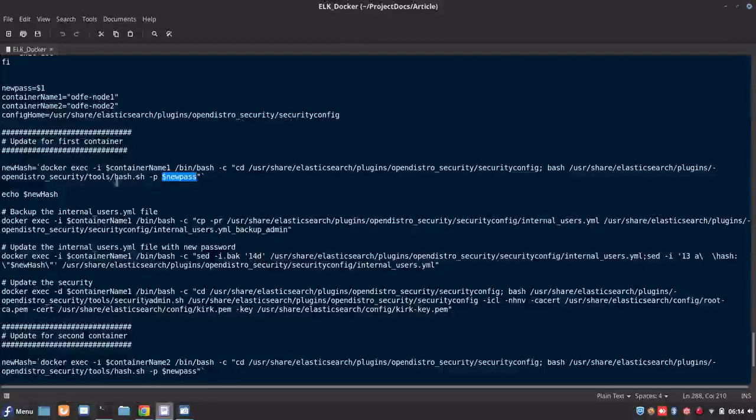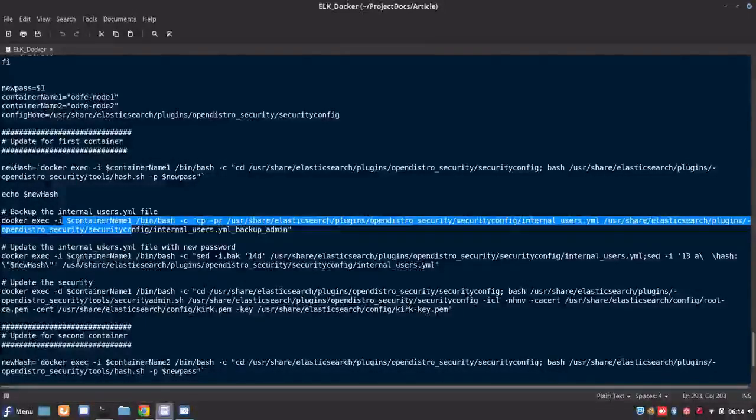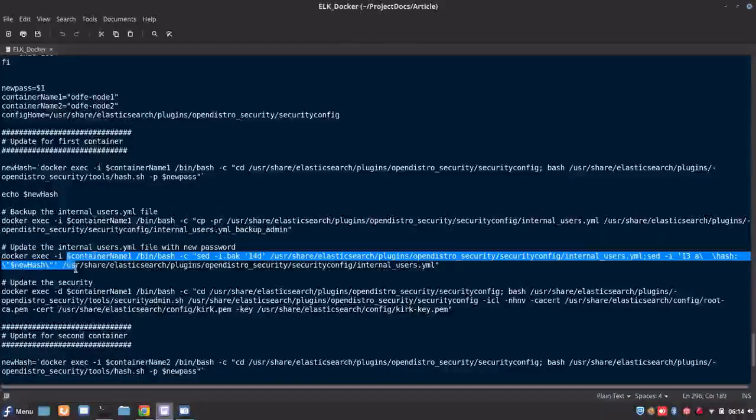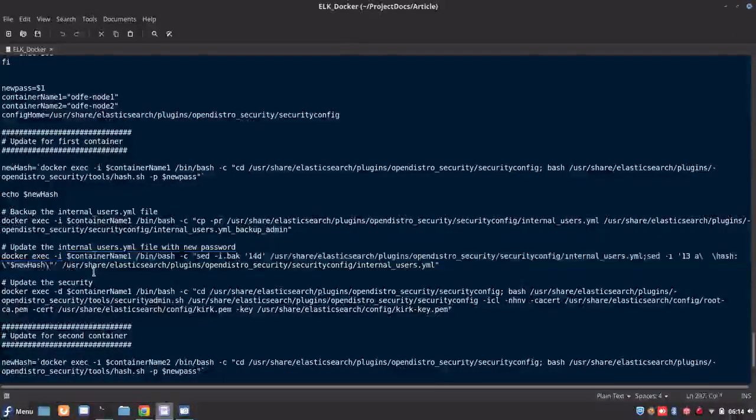Once the new password is passed, it will run the security configuration: it is going to create the hash, take a backup of the internal users file, and then run the set command to update that hash value in the internal users file.